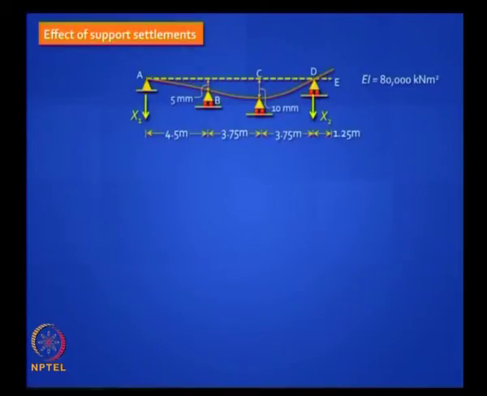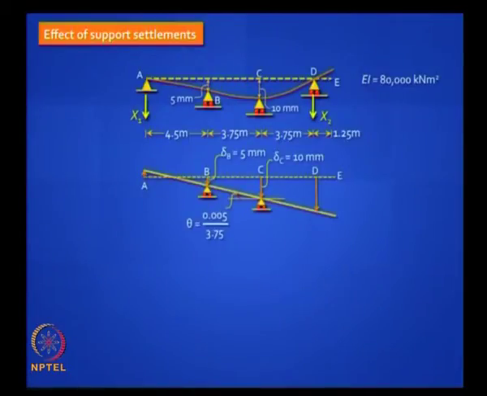We will choose the same redundants, and now we apply, you will find the 5 mm and 10 mm have occurred at the non-redundant locations, so you have to treat it as a load. So you take the primary structure and you allow these movements to take place, you will find you will get a nice straight line rigid body movement, and from this movement you can figure out what is delta D1L and what is delta D2L. Can you work it out? What is delta D1L?